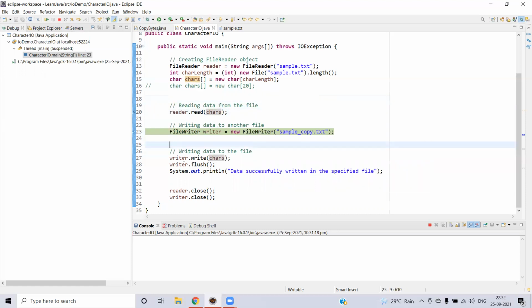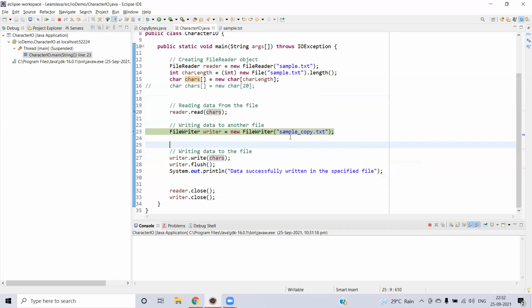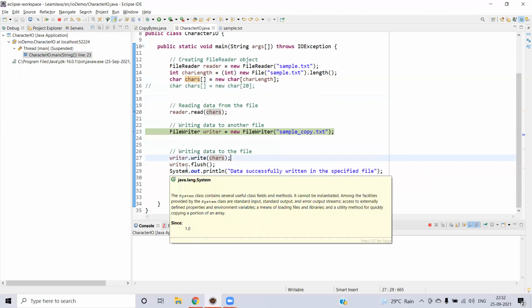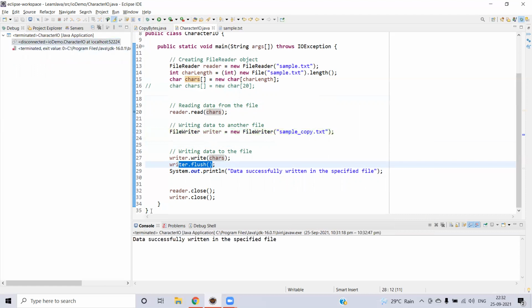So this will be the input for the newly created file. We are using the writer object to write into the newly created file. The writer is pointing to the newly created file, sample_copy, and over that file you are writing. The writing input will be a character stream of this input, "learn Java, learn Spring", for each character. After writing, you will flush and come out. If you execute further, data is successfully written in the specified file.